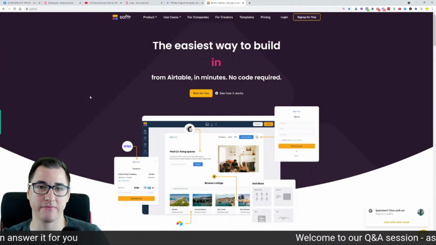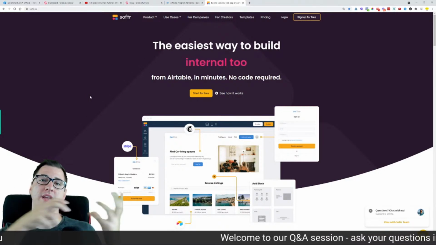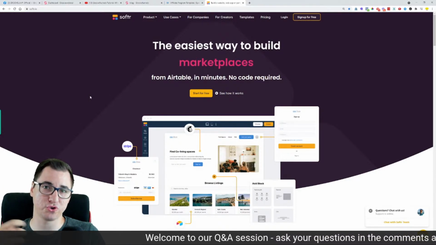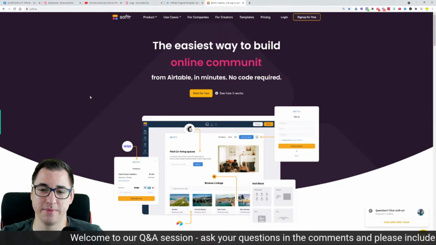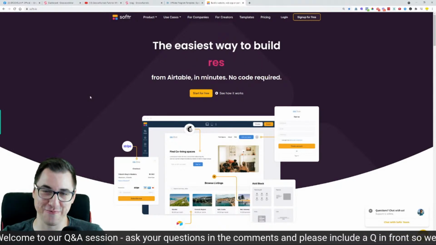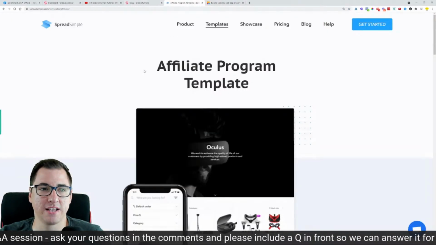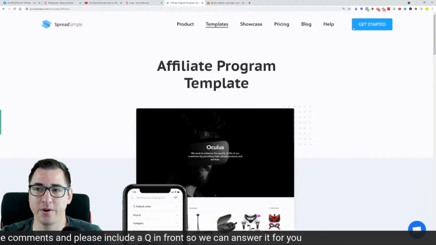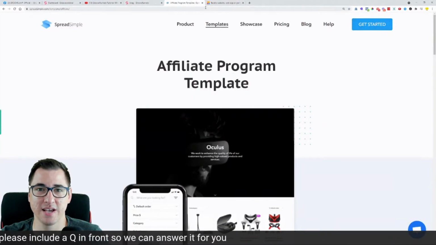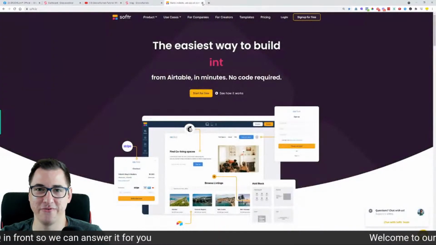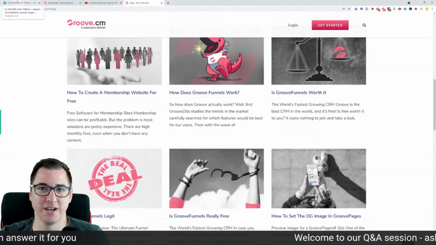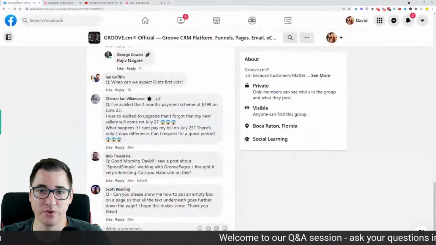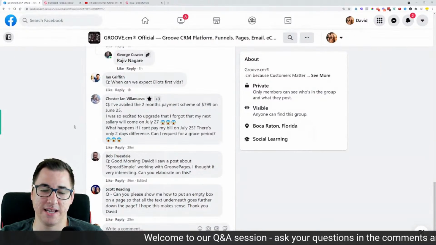create a dynamic platform where the system is bringing in an external source from a database, basically information from a database. So Softr and SpreadSimple, explore them. They have free options, both of these. Just play with it and you'll find a lot of great information on how to use that within the platforms, and that's basically it.